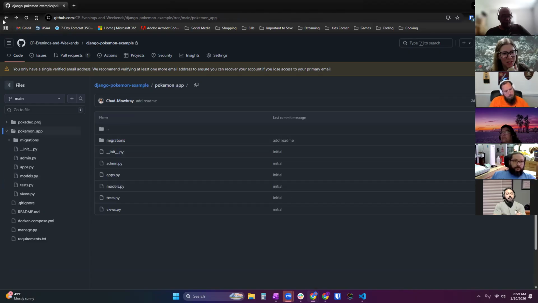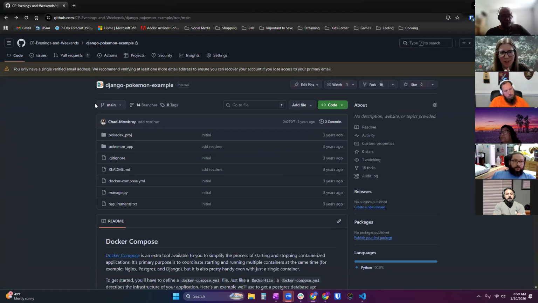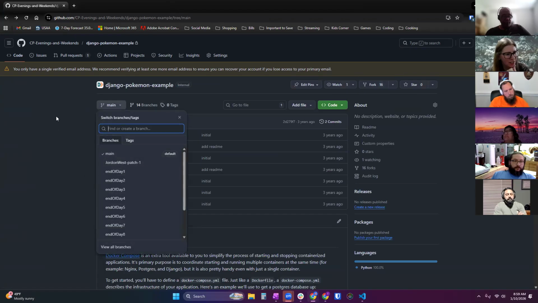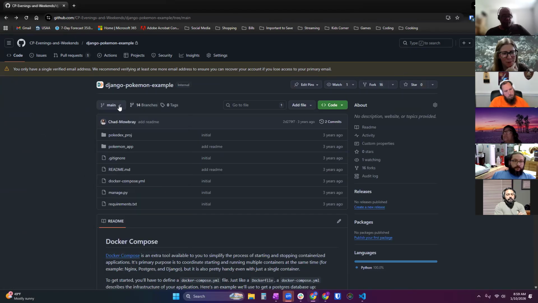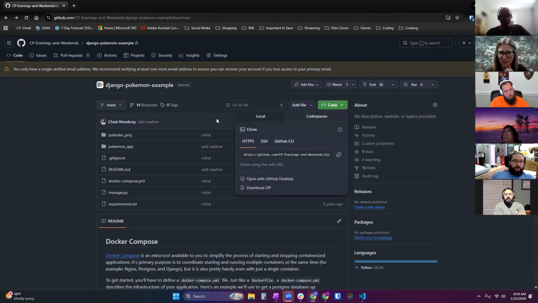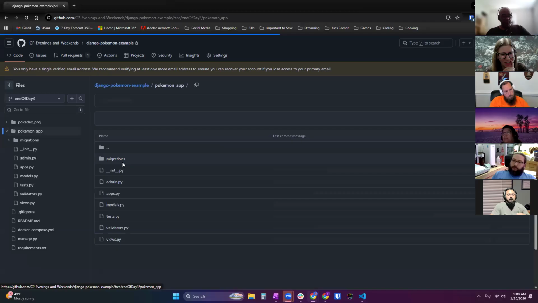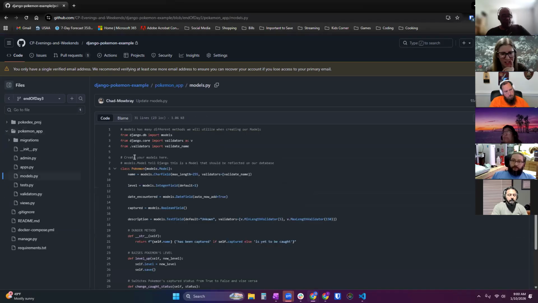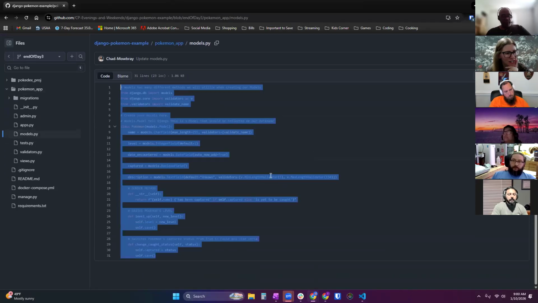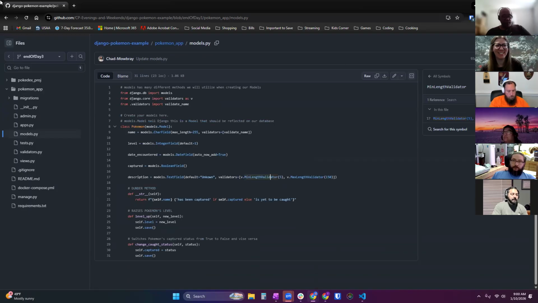Yeah, well, that's part of what I was telling you, where you can't fork a branch. You can fork main, but to get the branches, you have to do a code, and I don't think y'all have access to code this. Okay, so then we just copy whatever branch the day is. Yeah, so just go to end of day 3, and then you can come in here and just, this is the easiest way, just highlight all that, copy. Okay, gotcha. Okay, all right, appreciate it.